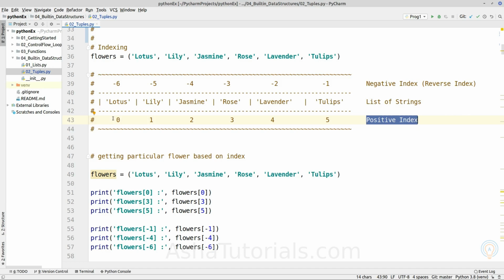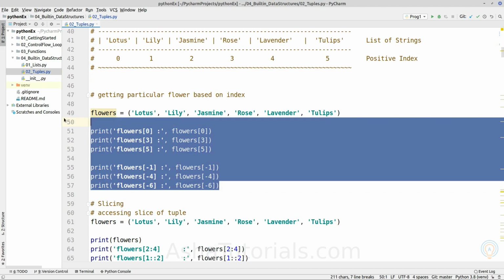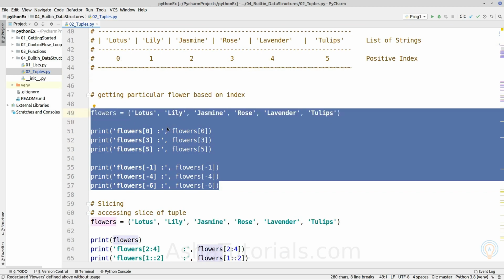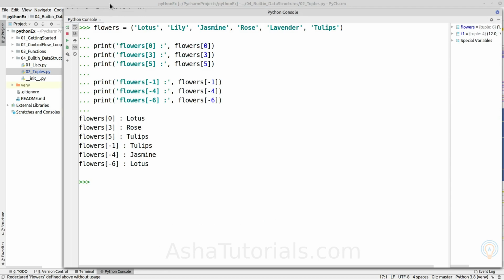The positive index begins from 0, so the first element has index 0, and it increases by 1 up to the length of the given sequence. The negative index begins from the last element, which is assigned -1, up to the length of the given sequence. So it will go from -1 to -6, and the method of accessing using an index remains the same. So without going further into details, let's execute the indexed access.